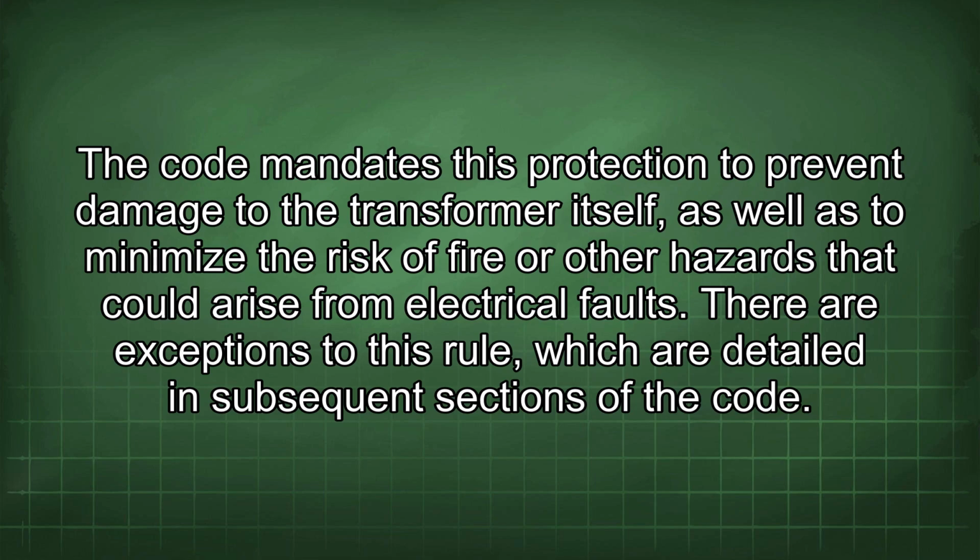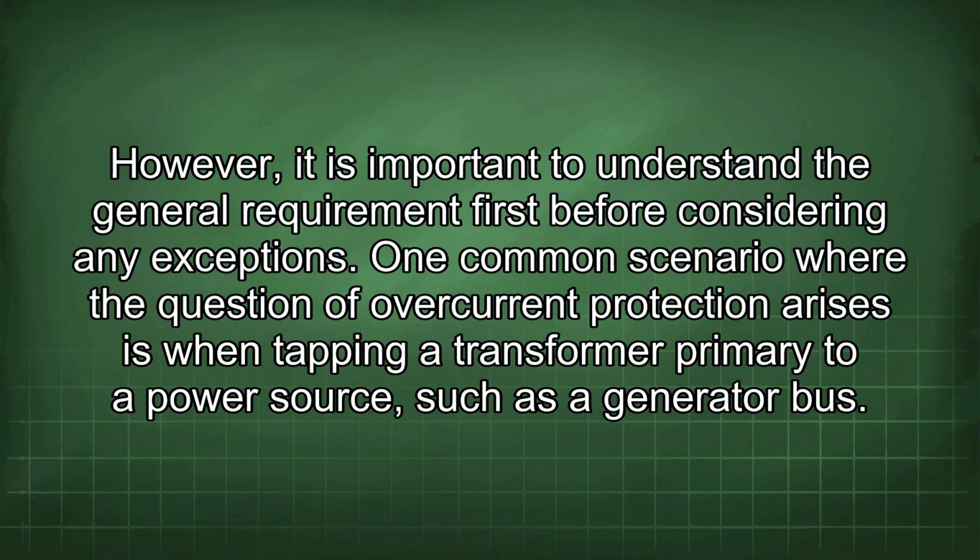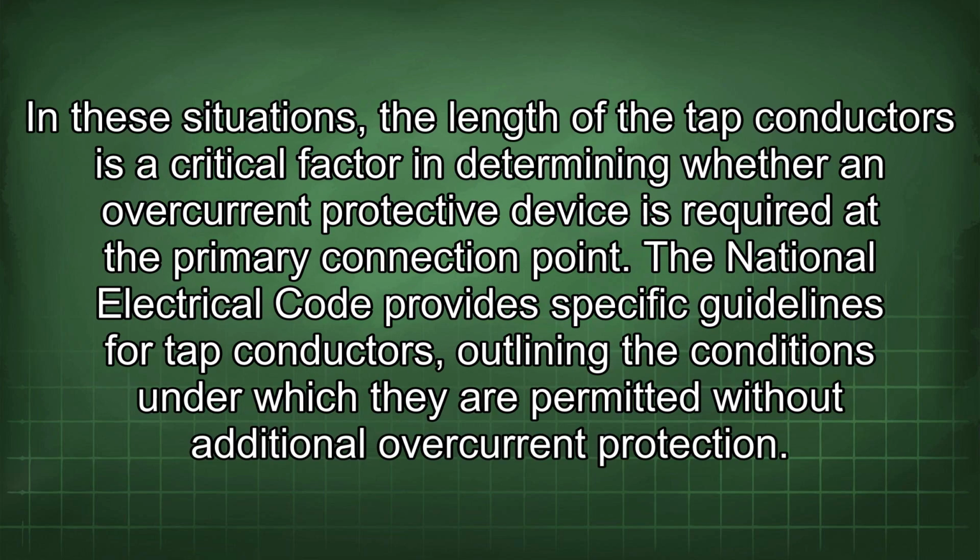There are exceptions to this rule, which are detailed in subsequent sections of the code. However, it is important to understand the general requirement first before considering any exceptions. One common scenario where the question of overcurrent protection arises is when tapping a transformer primary to a power source, such as a generator bus. In these situations, the length of the tap conductors is a critical factor in determining whether an overcurrent protective device is required at the primary connection point. The National Electrical Code provides specific guidelines for tap conductors, outlining the conditions under which they are permitted without additional